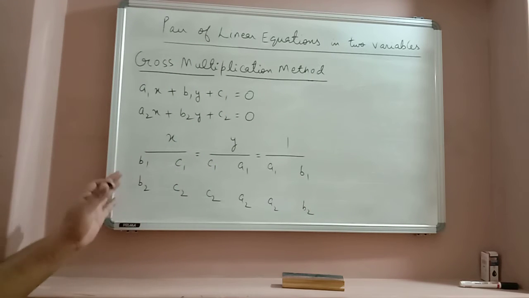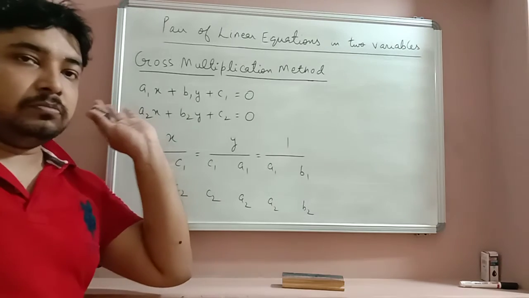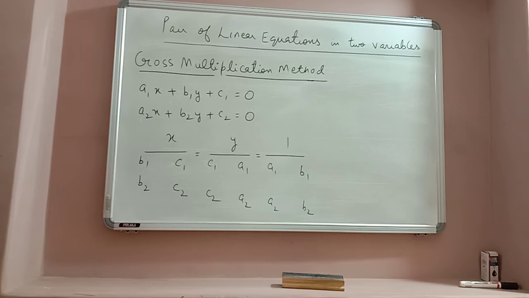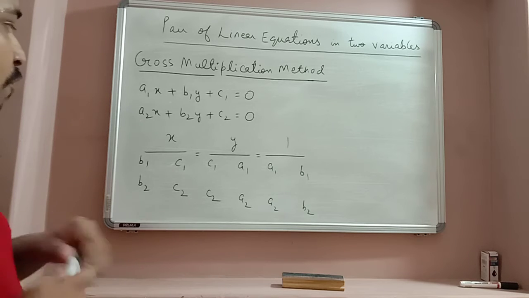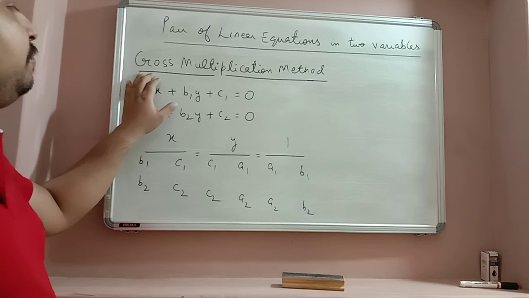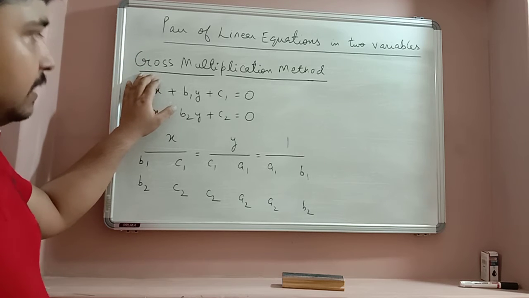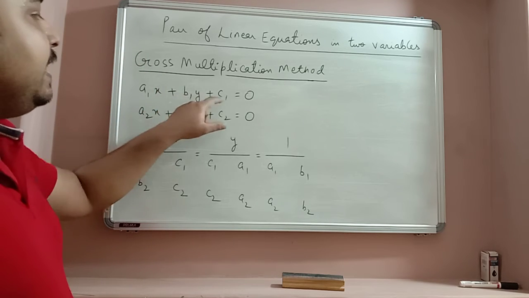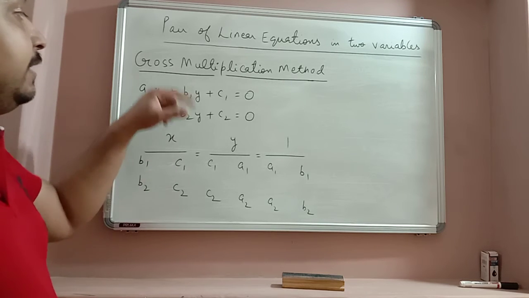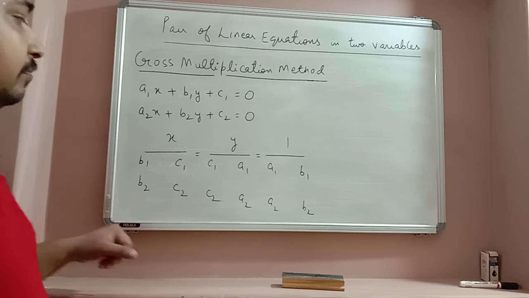Now these three things we need to write down, and that's pretty simple. I am repeating that. On writing coefficients below x, we will hide the coefficients of x and write down the coefficients of y and the constant term, that is b1, b2 and c1, c2 in the correct order, that is a, b, c.